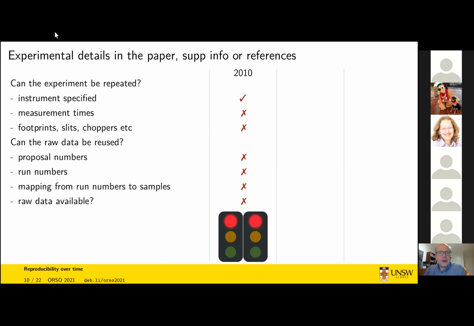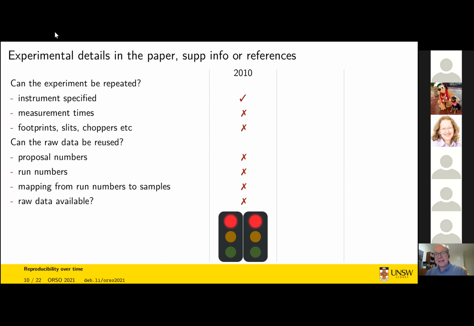So if we start by looking at the oldest of those experiments, those were mostly done on D17 and on INTER at the ILL and ISIS respectively. And the instrument being specified is about the only thing that you can say for the experimental details in that paper. There are scant details about anything else to do with how that experiment was done. And in fact, even though we would normally always put proposal numbers in the acknowledgements at the least, there's not even proposal numbers in this particular paper, let alone run numbers,